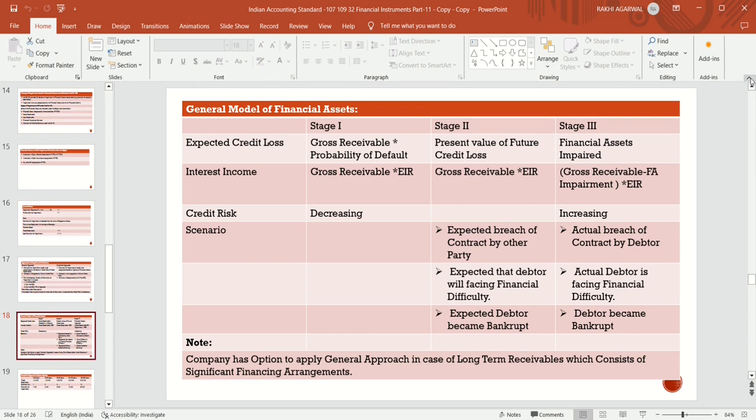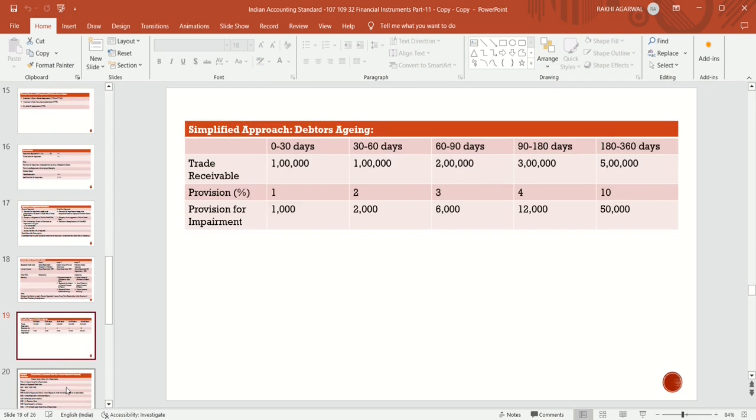Company has an option to apply the general approach in case of long-term receivables which consist of significant financing arrangement. So the company has an option that it can follow the general approach or the simplified approach, but it is beneficial for long-term receivables that they follow the general approach which consists of significant financing arrangement. Now simplified approach means debtor aging process, like 0 to 30 days,